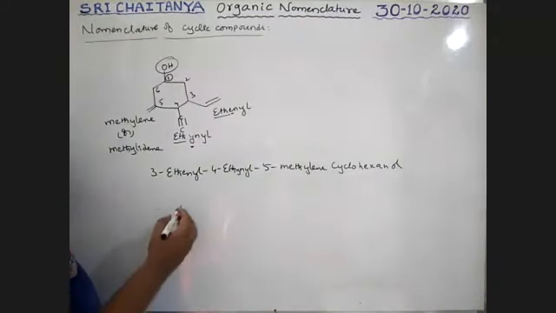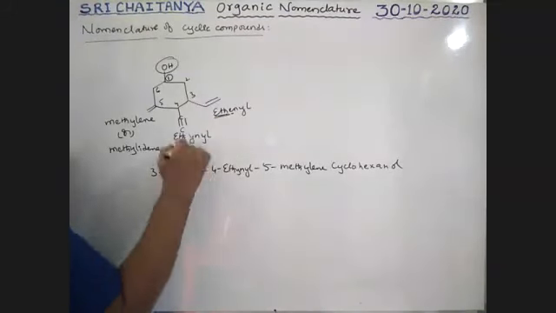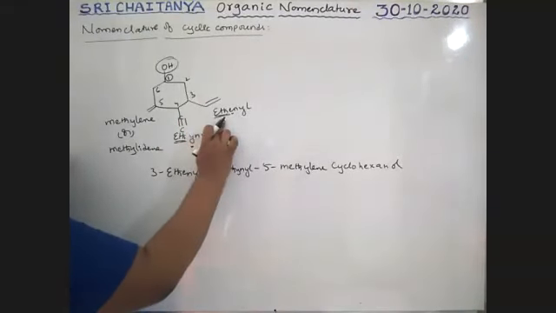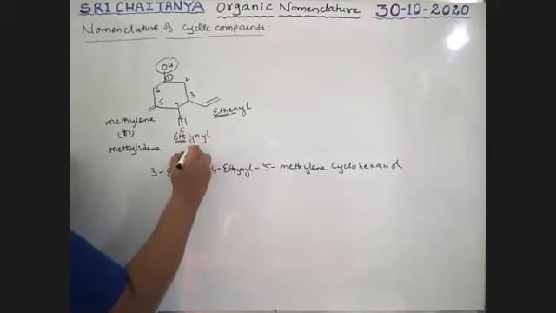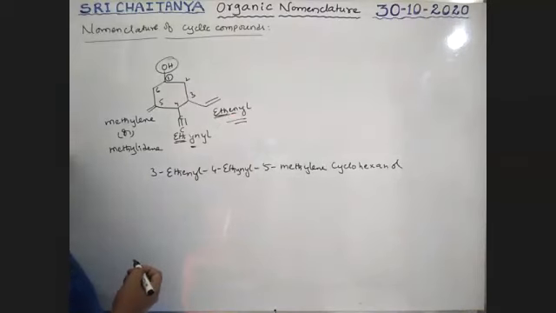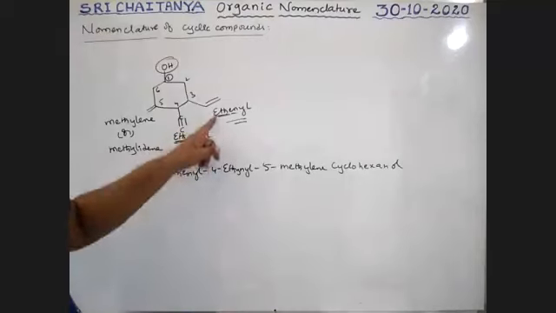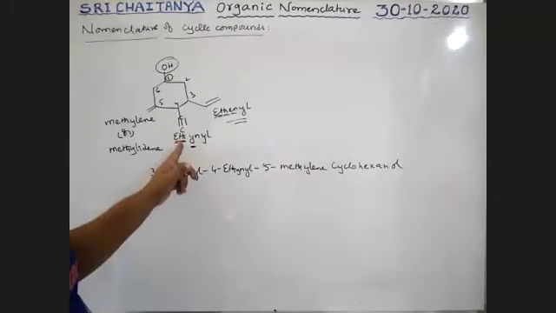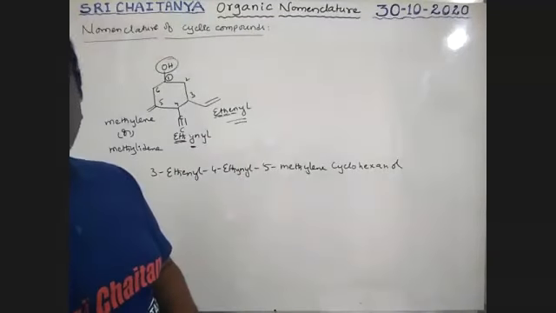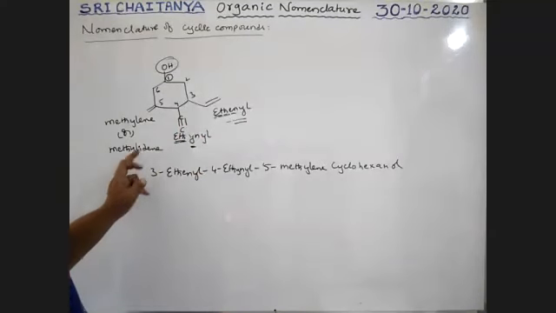Because see here, the alphabet rule. Here E is common. Next, it is not possible to identify which comes first with these letters. Next, it is E, it is Y. So E comes first, and therefore it has first priority. First two letters and second two letters are the same, third two letters same, but the fourth letter gives the information about which one comes first, which one is second. Okay. So it is ethynyl, ethanyl, methylidine or methylene.